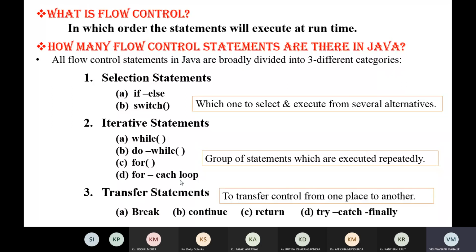After each case, we write the break statement to break the execution, and control will be transferred to outside of that switch statement. Then continue statement, return statement, and try catch finally are also transfer statements. Try catch finally we will learn in exception handling. Here we will see about break, continue, and return.